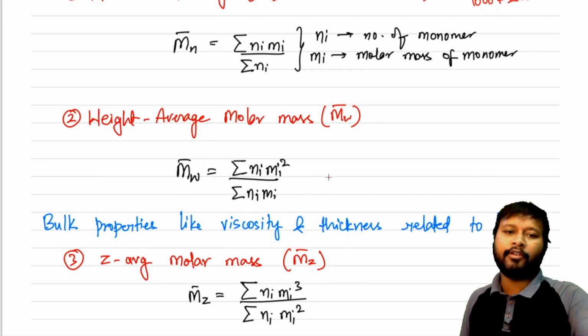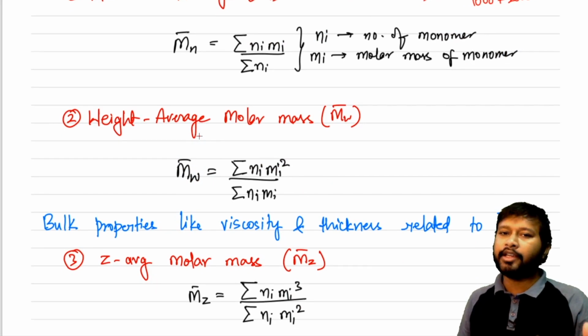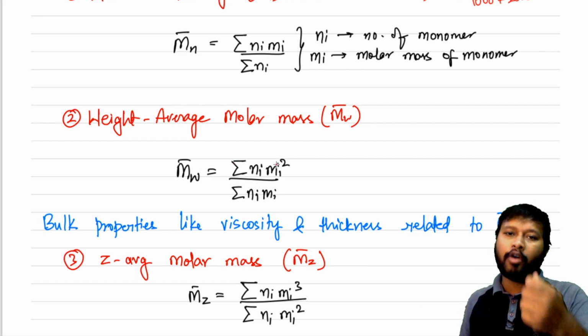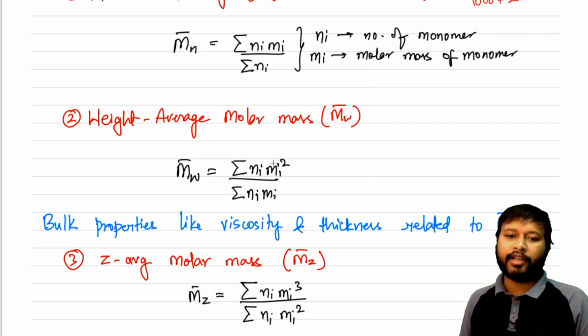The next thing is your weight average molecular mass. Everything is the same here also. This W denotes the weight average molecular mass and the formula is sigma Ni Mi square divided by sigma Ni Mi. Now you can see over here that you have to square the mass in the numerator, and in the denominator you have included one more mass. So that means if in the number average molecular mass I multiply with Mi here and here also, that is going to give me the weight average molecular mass.